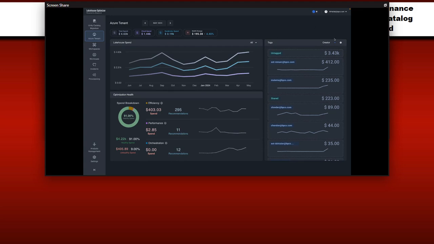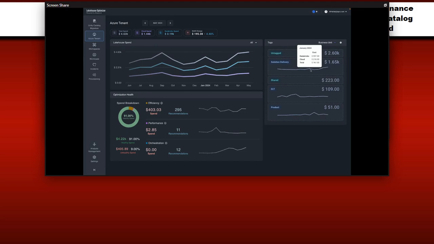For example, we have business units here over at Blueprint, and I can see how our solution delivery part of the organization, for instance, is leveraging our Databricks environment, the executive leadership team, the product team, and some others. So some great capabilities there, and we can drill into underlying workloads, not only for those business units, but even for different specific use cases or IT projects or business processes, however you want to abstractly tag and group your business. We can report that out here and give insights for each.